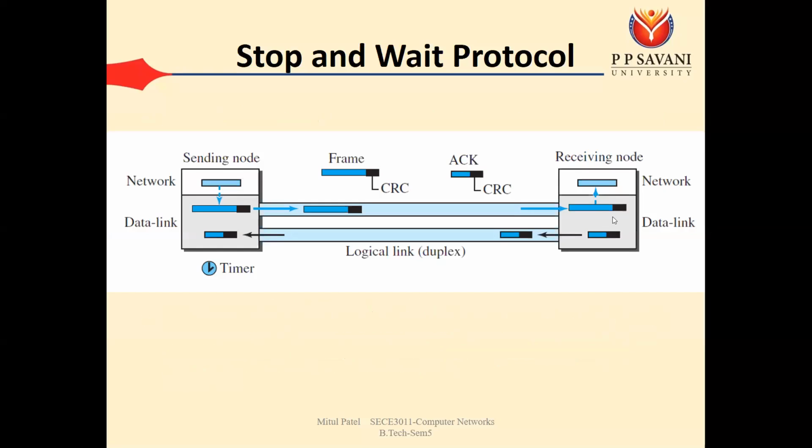If your frame gets corrupted here on the receiver side, then the receiver will remove that frame from the communication. Once the frame is dropped, there is no acknowledgement sent from the receiver to the sender. If the acknowledgement does not reach the sender, then the sender will assume that the frame is lost or corrupted, and the sender's timer expires. When the timer expires, the sender has to retransmit that previous frame again. By that way the stop and wait protocol is going to work.